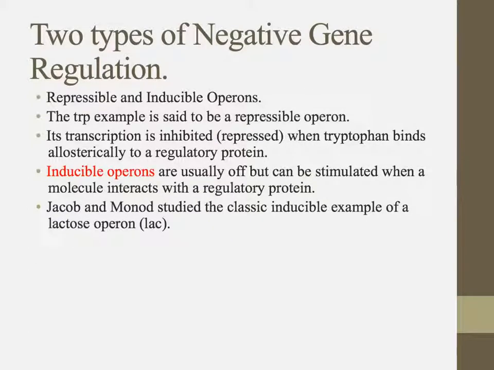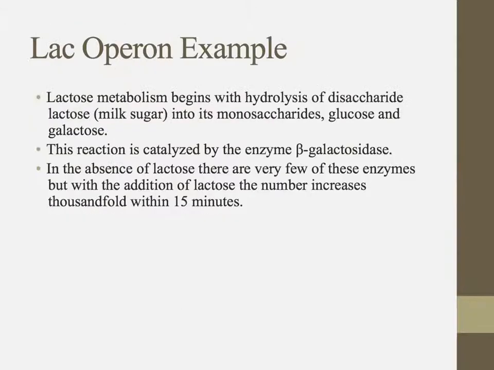So there are two different types of negative gene regulation, repressible and inducible operons. The TRP example that we just looked at was the classic example of the repressible operon, where its transcription is inhibited or repressed when tryptophan binds allosterically to the regulatory protein. Inducible operons, on the other hand, are usually off, but can be stimulated when a molecule interacts with a regulatory protein. And we're about to look at another example, the lactose example, which is the classic example for inducible gene regulation. So the lac operon